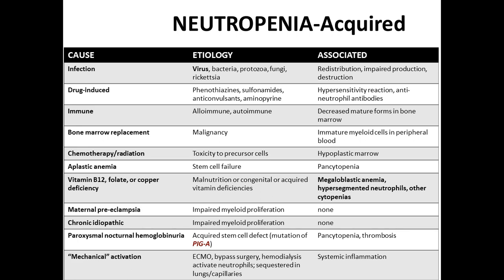So, just getting the big picture, we all know that in general viruses, bacteria, et cetera, can cause neutropenia, but for drugs, it might be worth committing to memory a few of the specific drugs, like sulfonamides, antipsychotics, and anticonvulsants, that are associated. For immune, we'll talk about alloimmune and autoimmune. And for associated, what are the other things you're going to see with that? Because these are all going to be patient scenarios.